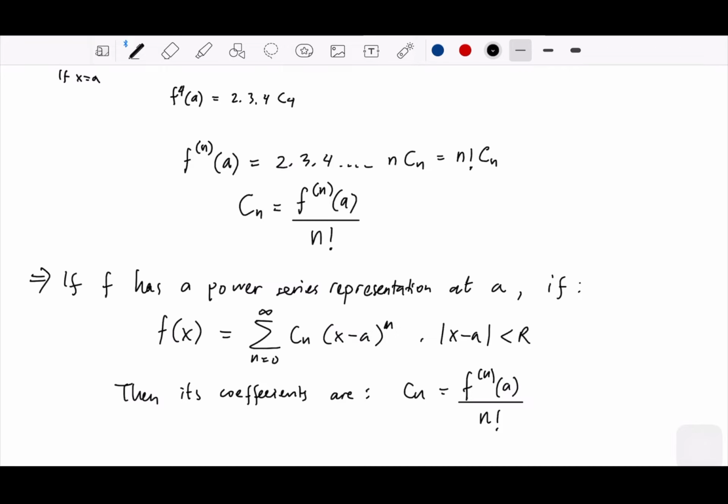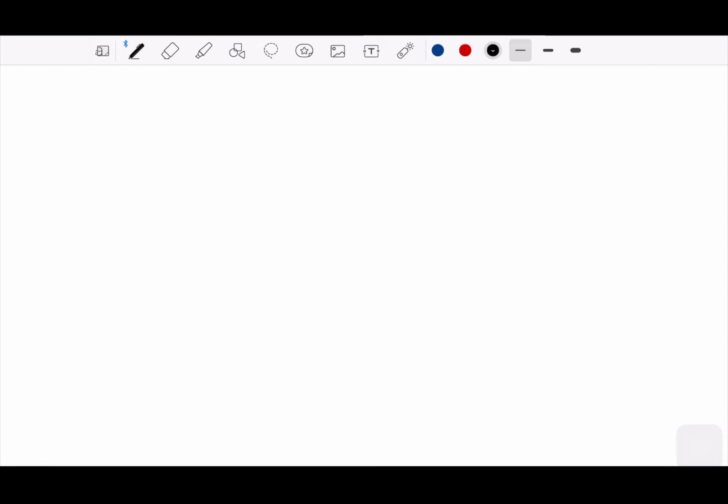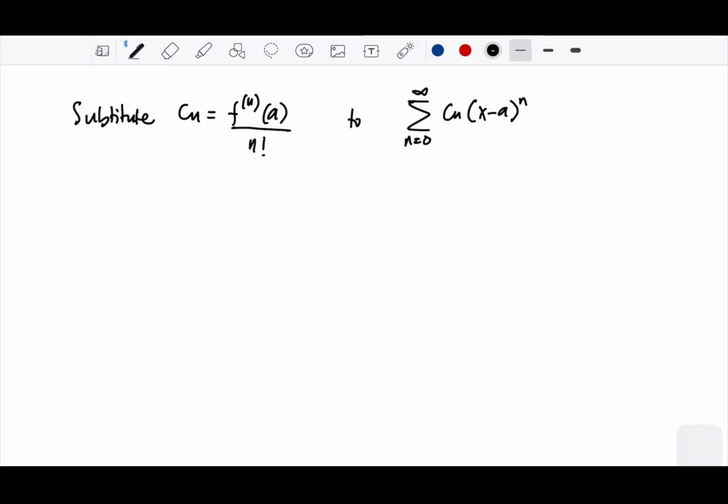Now this formula for the coefficient will be the key for our Taylor series. If we substitute this coefficient back into the power series, it seems to become a new series that we can derive, and that will be our Taylor series. So the expansion of the Taylor series: let me write here. Substitute, then we will have